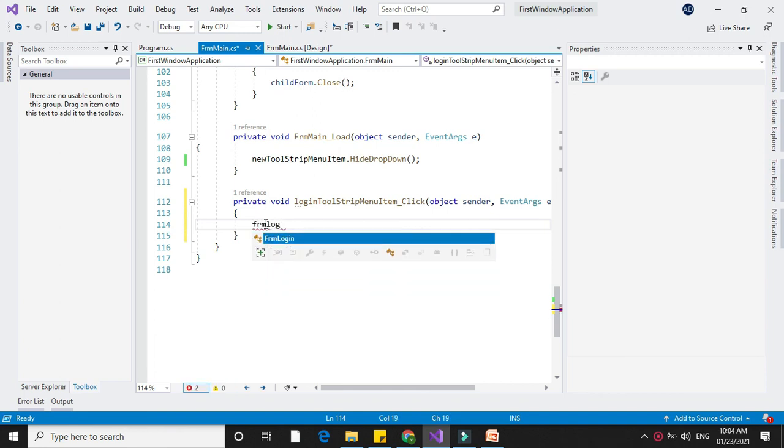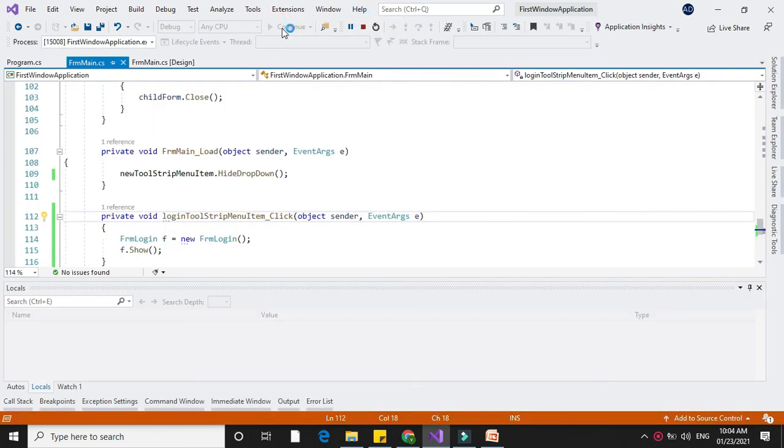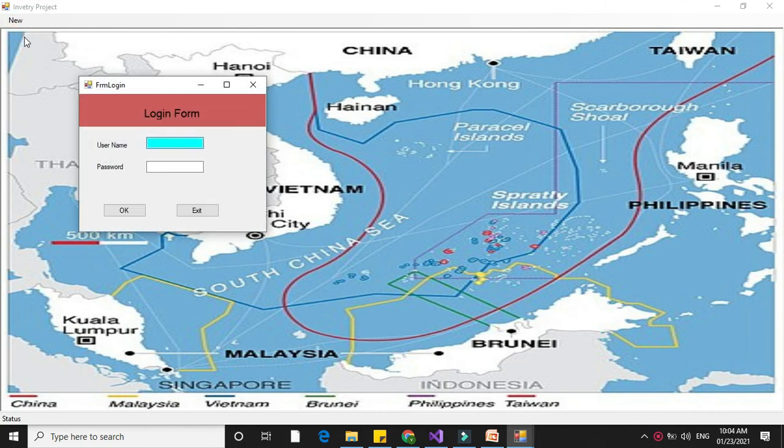Since C# is a fully object oriented language, you have to create object for each form. So I will create the object for login form, and we will call the form here using show method of that form. So when we execute, when I click here, it will open the login form.